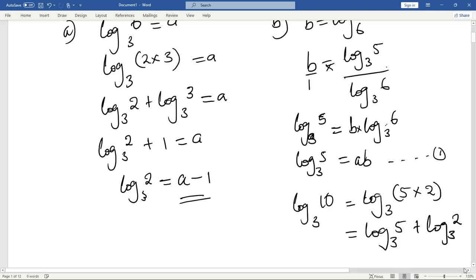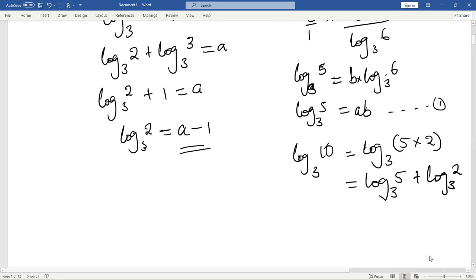Now remember, we have an expression for log 5 to the base 3, and also an expression for log 2 to the base 3. So we just get these expressions and substitute. We're going to have ab plus, where there's log 2 to the base 3, we put a minus 1. So we have plus a minus 1. Therefore, you can just try to factor out a in this case. So we're going to have a